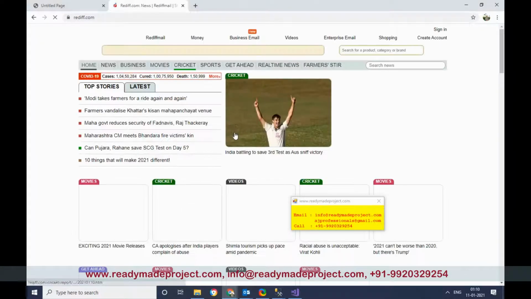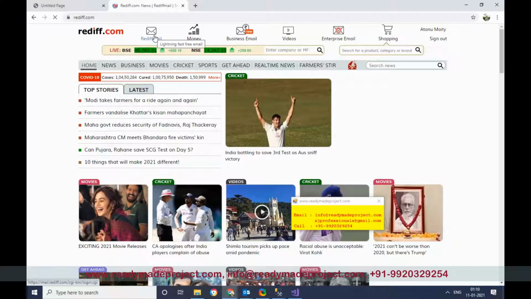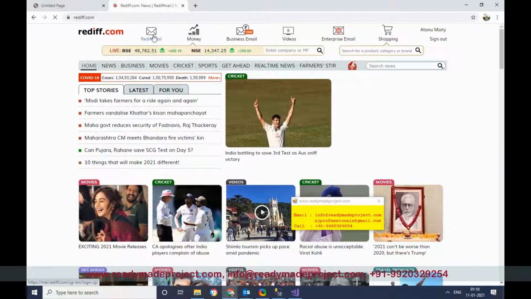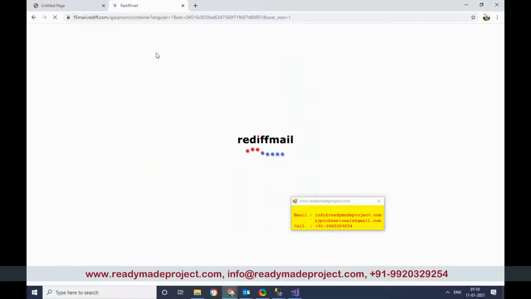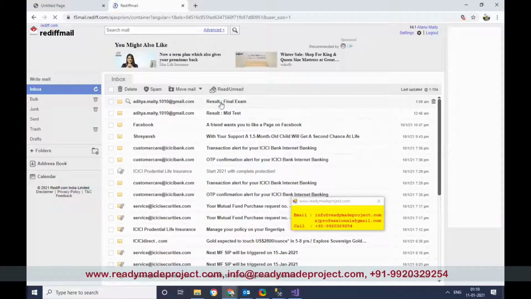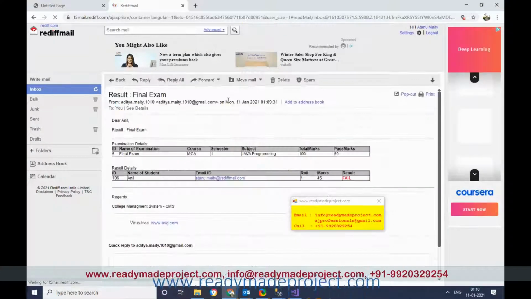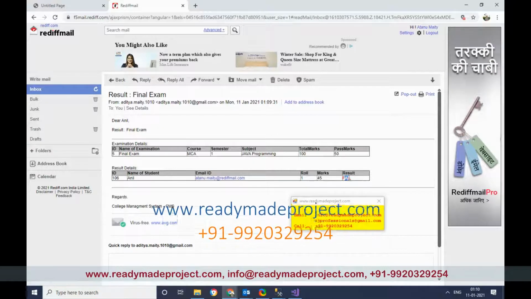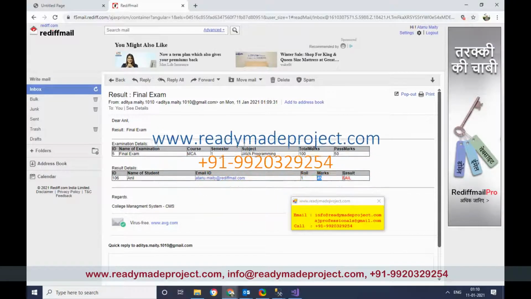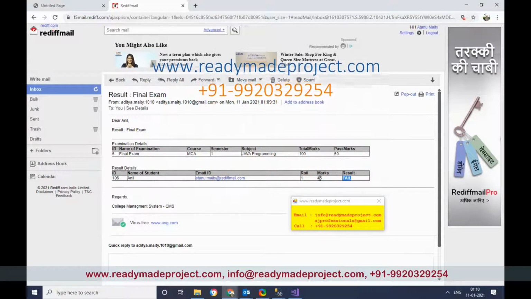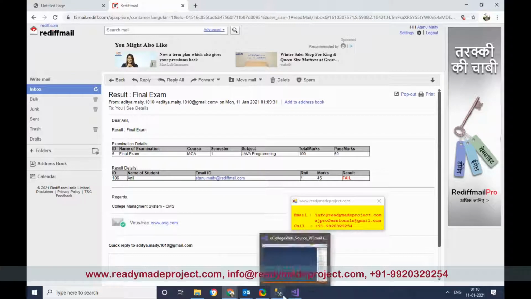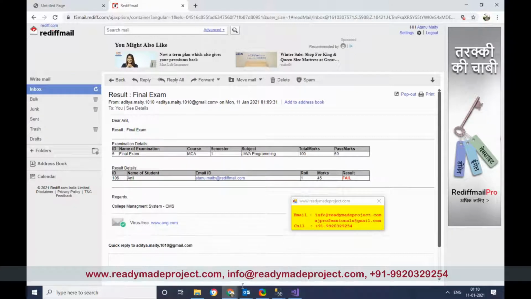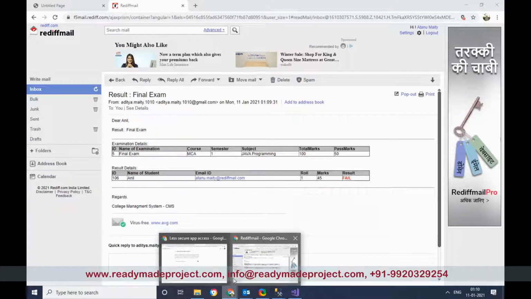Whatever email ID you have, you check there. This email shows the final exam is coming, and he has failed because the passing marks is 50, but he got only 45. So once the marks are entered, the employee can trigger the email.